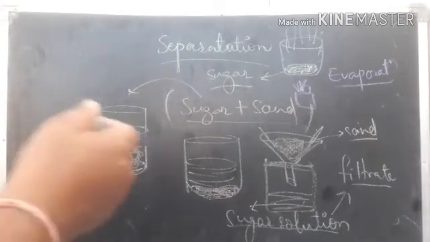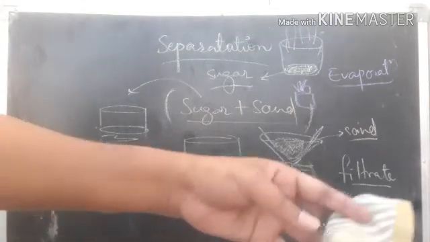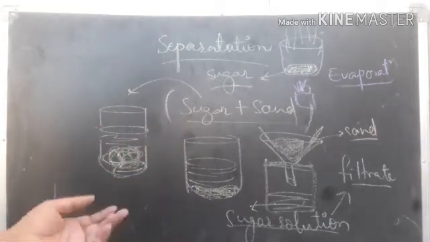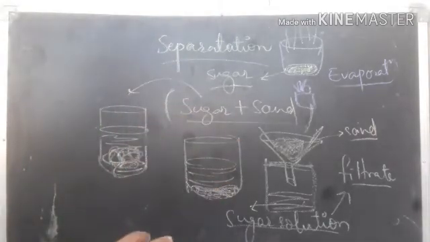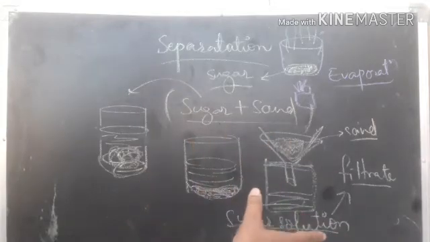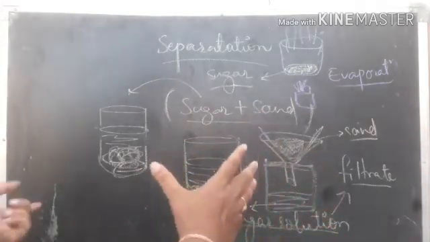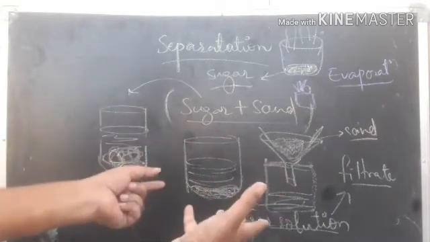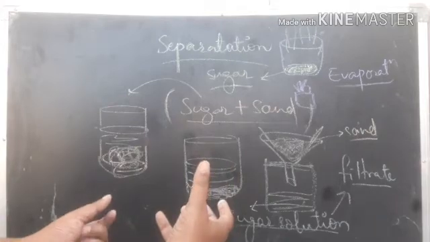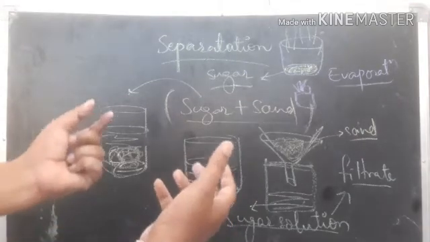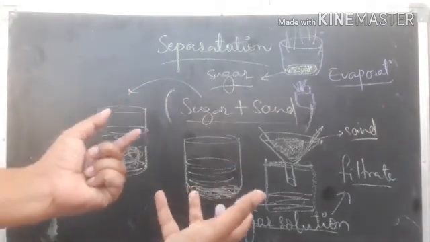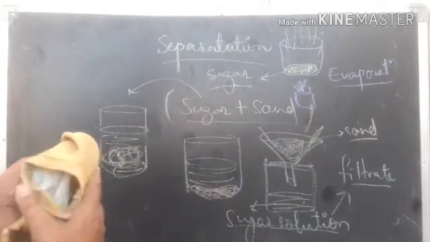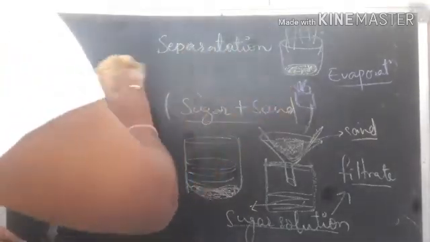Like this, some mixtures can be separated by using two or more methods, right? In your textbook they have given some more problems. You may try to answer those on your own. If it is possible, demonstrate them, make a video and send it to me on WhatsApp, right? I'll check it out, and it is just like a project work at home at this time, right? I hope you do all this and send me the message, right?